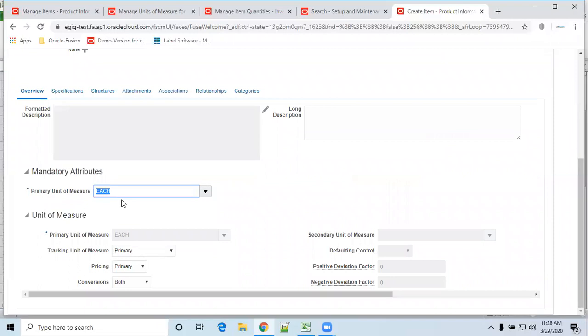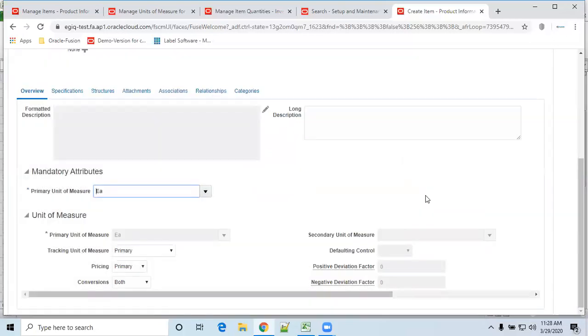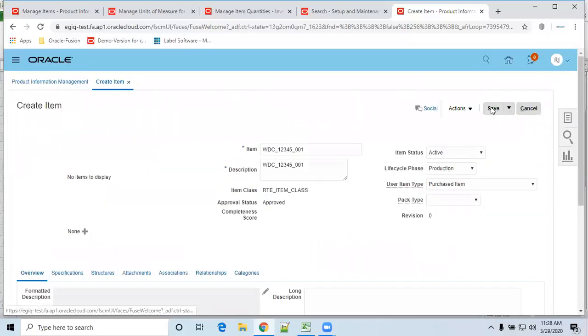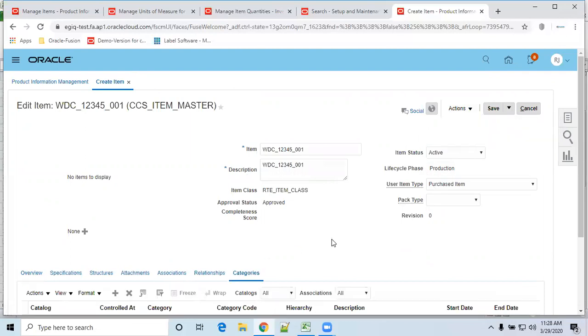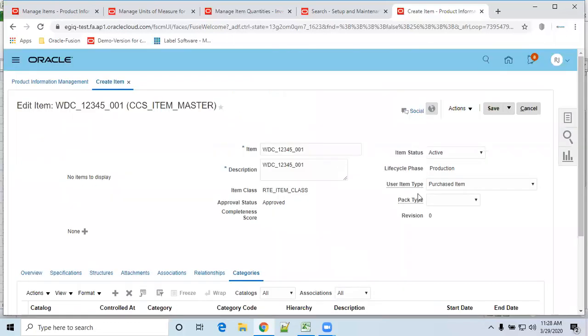Okay, this will be each, not this one. Just save. Okay, and associations were added. That's all. The remaining categories: after saving, the system will pull from the functional area catalogs. Default category will pull. Okay, now I created one item.